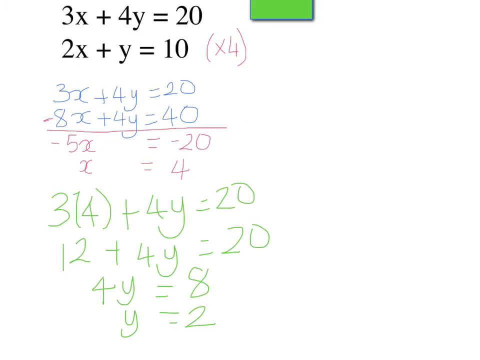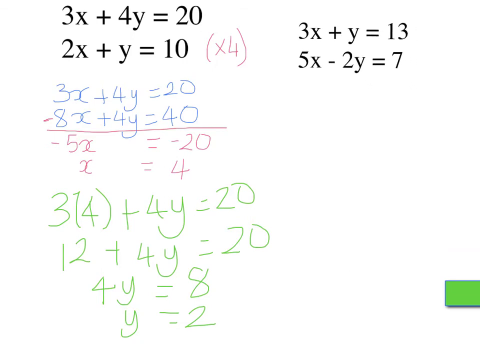Okay, let's have a look at one more example of these. So here's my equation. 3x plus y equals 13 and 5x minus 2y equals 7. Once again, you can see that the coefficients are not the same. So I'm going to multiply my top equation by 2, therefore making the coefficients the same. And I'm going to rewrite the equation,